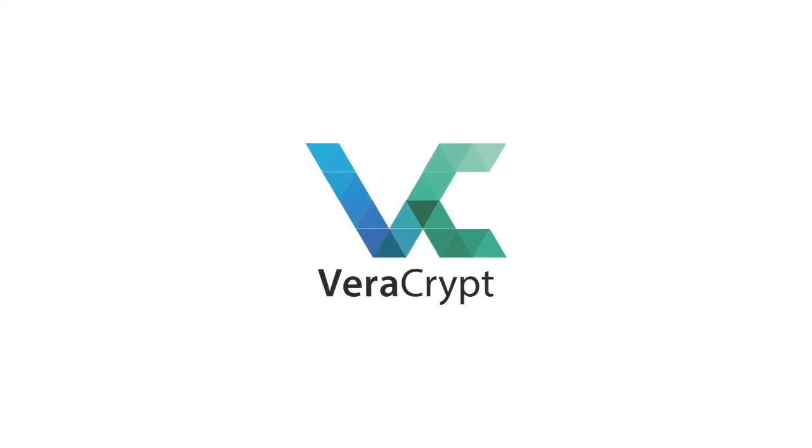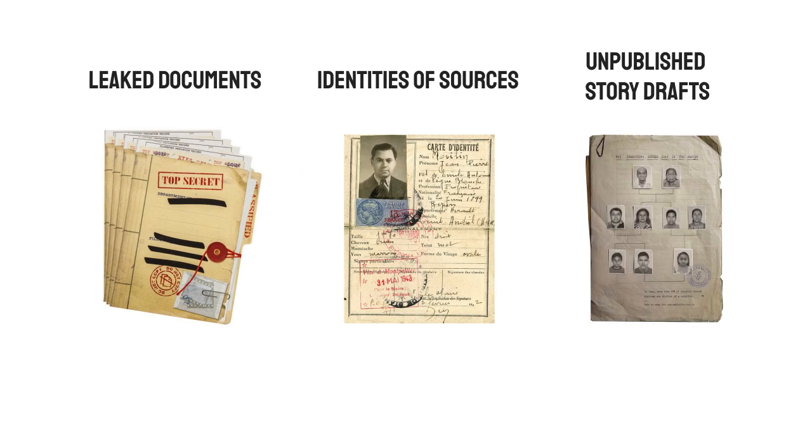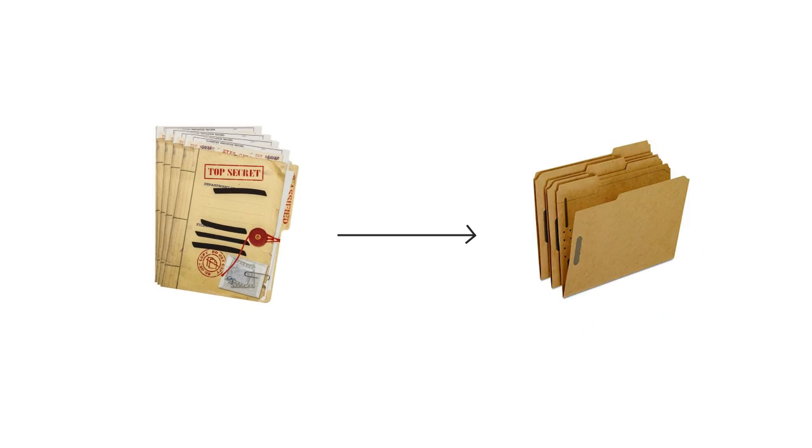Disk encryption is another crucial security measure for reporters, especially in countries with a high risk of press surveillance or where their equipment might be seized by repressive authorities. By utilizing encryption tools like VeraCrypt, journalists can protect their sensitive material, including leaked documents, identities of sources, and unpublished story drafts. Additionally, these tools can camouflage folders, ensuring that they don't attract attention if a device falls into the